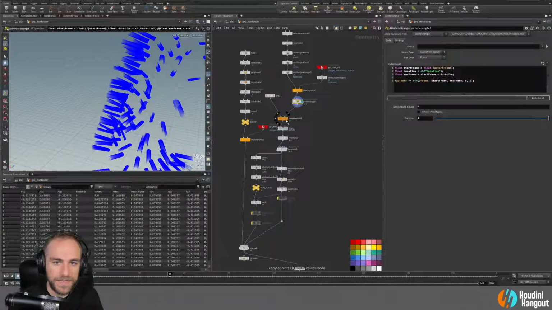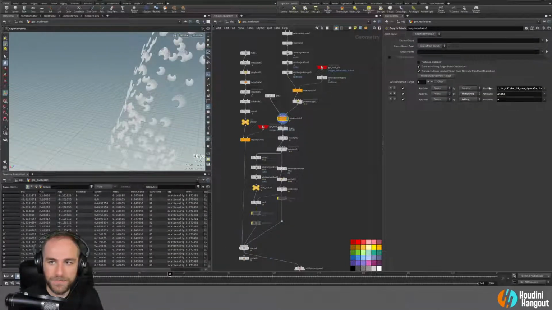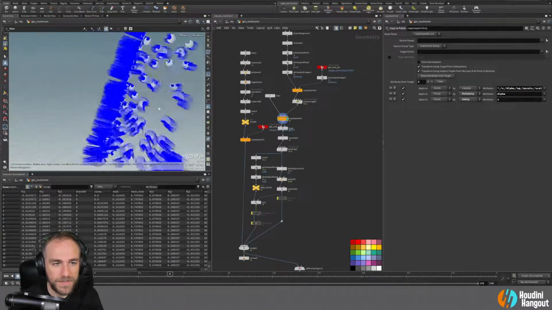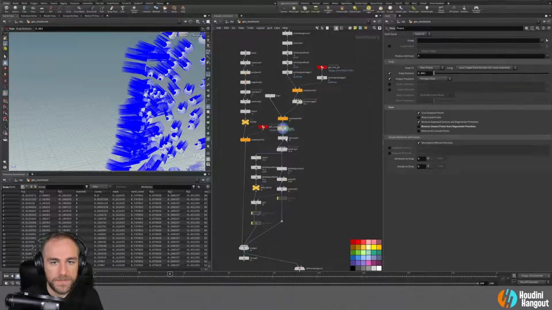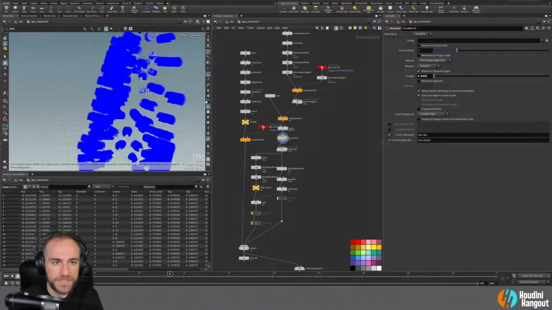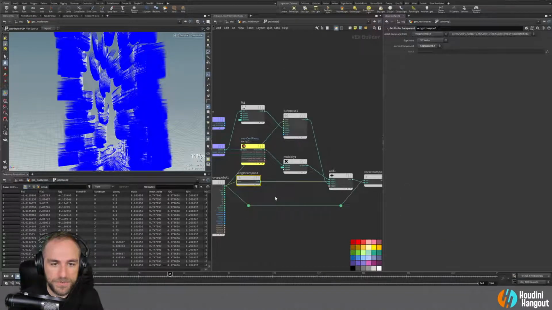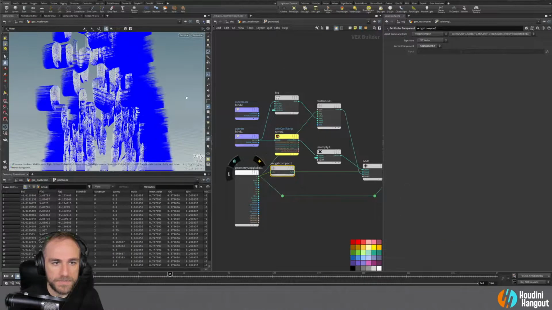So now we have this point wrangle, and we're going to take that normal out again because we want that normal to continue on through. So now we have those normals on those. Great. So fuse, resample, we still have the normals. That's good. So now in this point fop, what we could do is